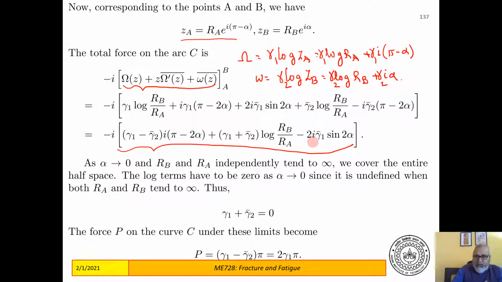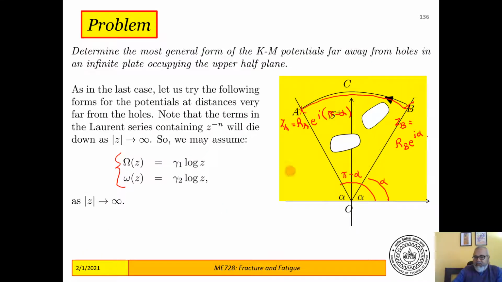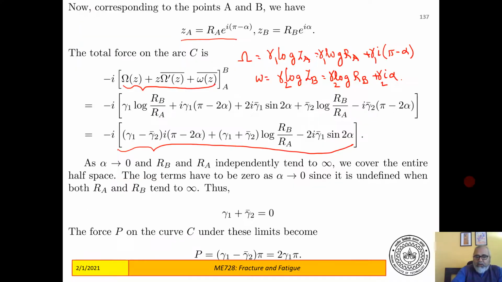Now, to cover the whole half plane, I need to make alpha go to 0. So if alpha tends to 0, this line falls on this line falls on this line, and therefore I cover the whole half plane too. So if I make alpha go to 0 here, then this term goes to 0, and this term also goes to 0. Okay. Now, this total force will be,